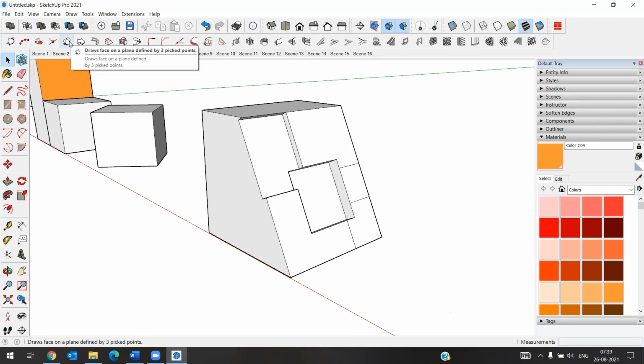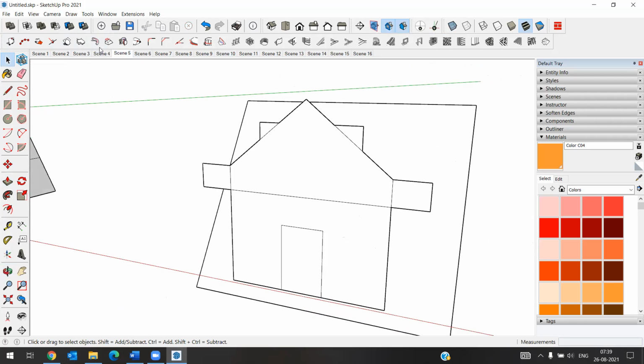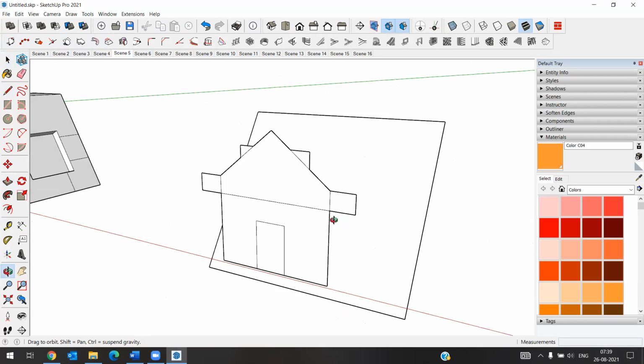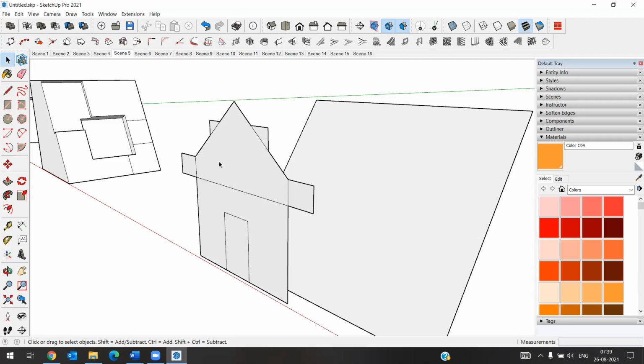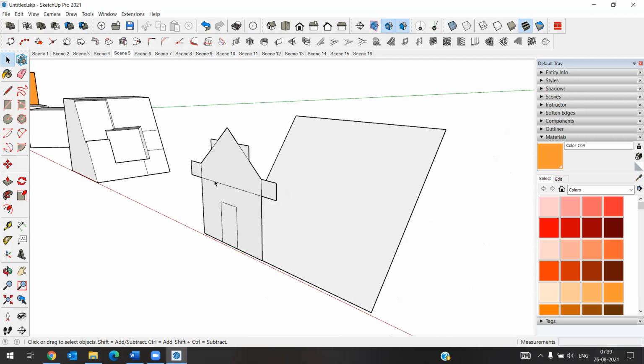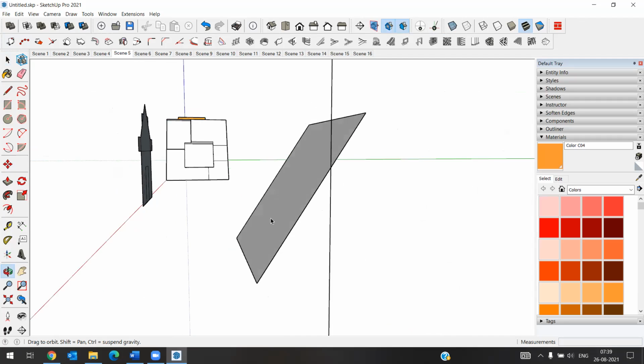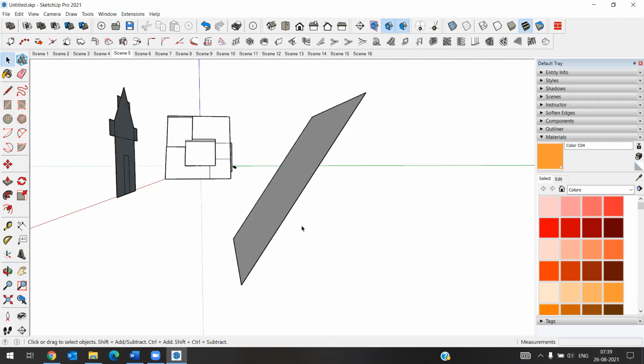Next is draw face on a plane defined by 3 picked points. So we can easily draw the particular shape in any plane. Okay, for example, we have one shape here, a house shape, and we have one sloped surface here.